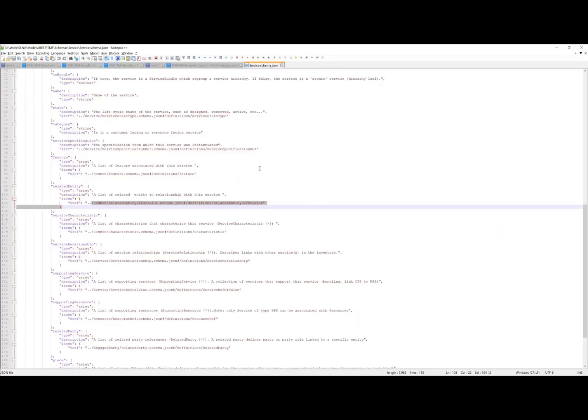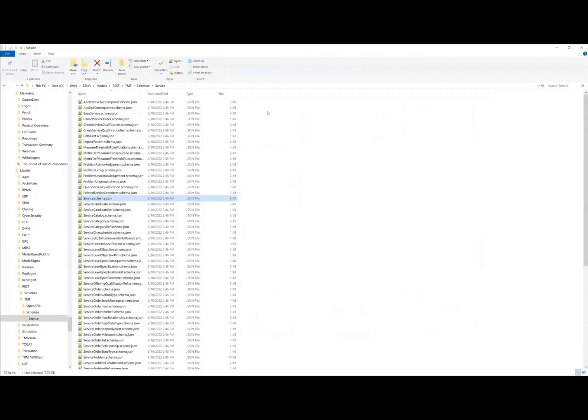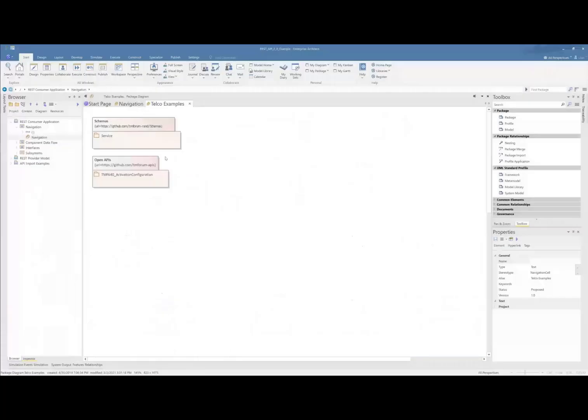And so, it turns out the TM Forum has, again, a huge depth of content. There are 9 different domains. So this is one, the service domain, but there's a marketing sales domain, a customer domain, a product domain. And again, we're just showing a single API where there are like 90 more of them. But what we're able to do is, let's go take a look at this in the repository,